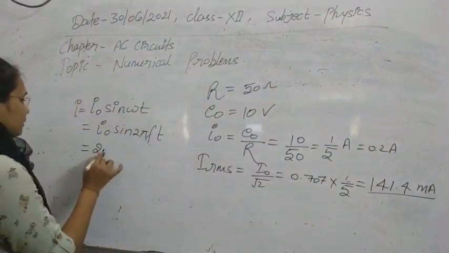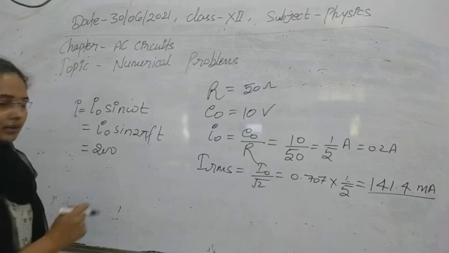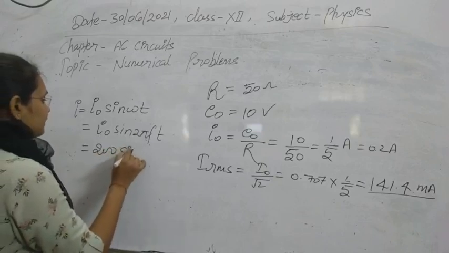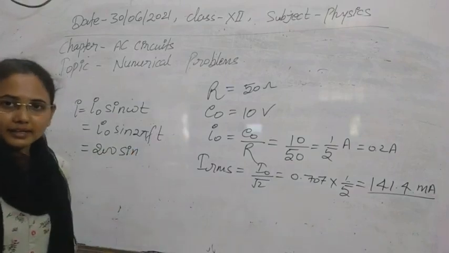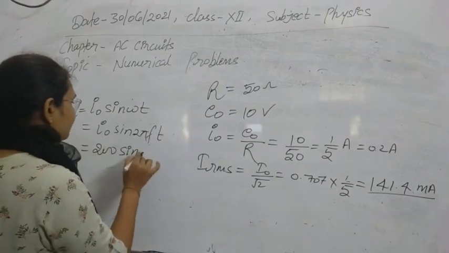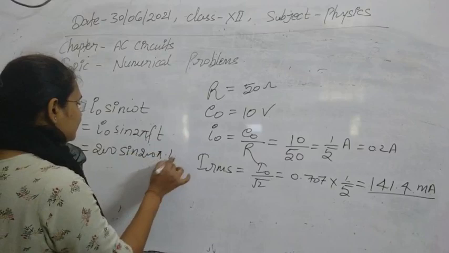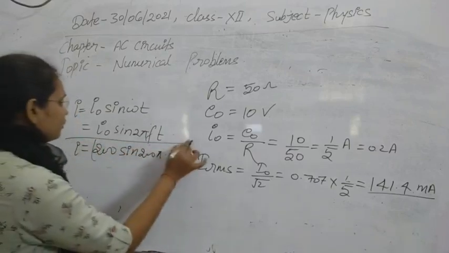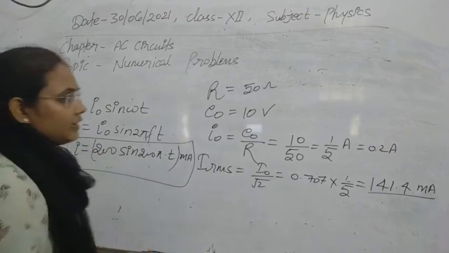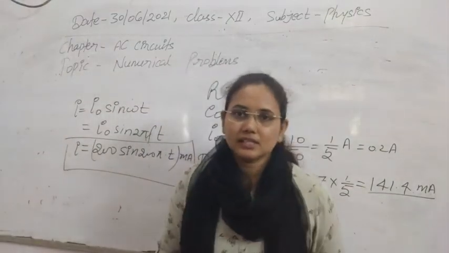So I0 we denote in milliampere, so this is 200, this is sine. In the place of f we write the value 100 Hertz that is given. So 100 into 2 is 200 pi, and this is t, in milliampere. So this is the instantaneous value of the current at any instant t for the particular numerical that